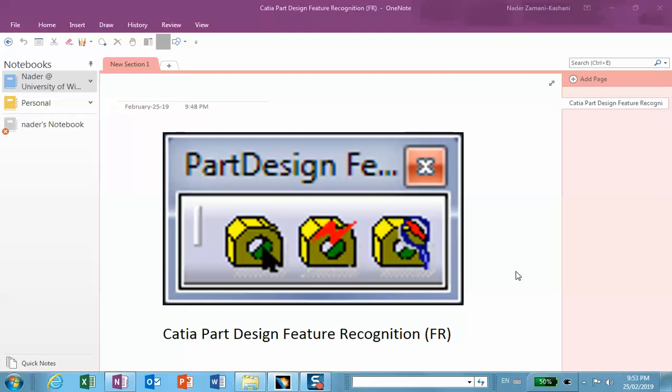The part design feature recognition toolbar in the Catia program is as it's showing on the screen here. And the reason that you may need something like that is suppose you were asked to do some analysis or some review of a part that was created on a different software. Now, obviously, if that software was not Catia, you will not be able to open it up in the Catia program. And the way around that is you should ask the people who want you to review it